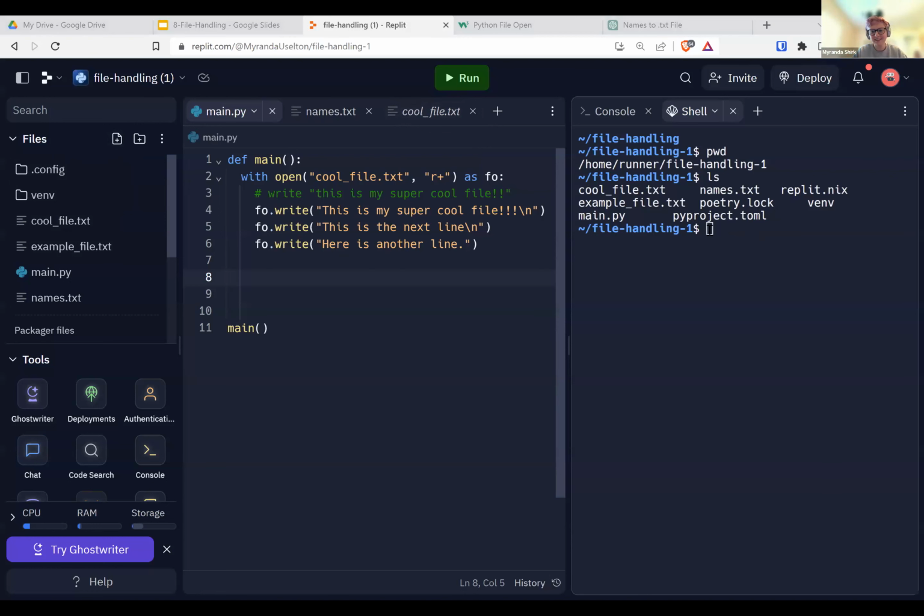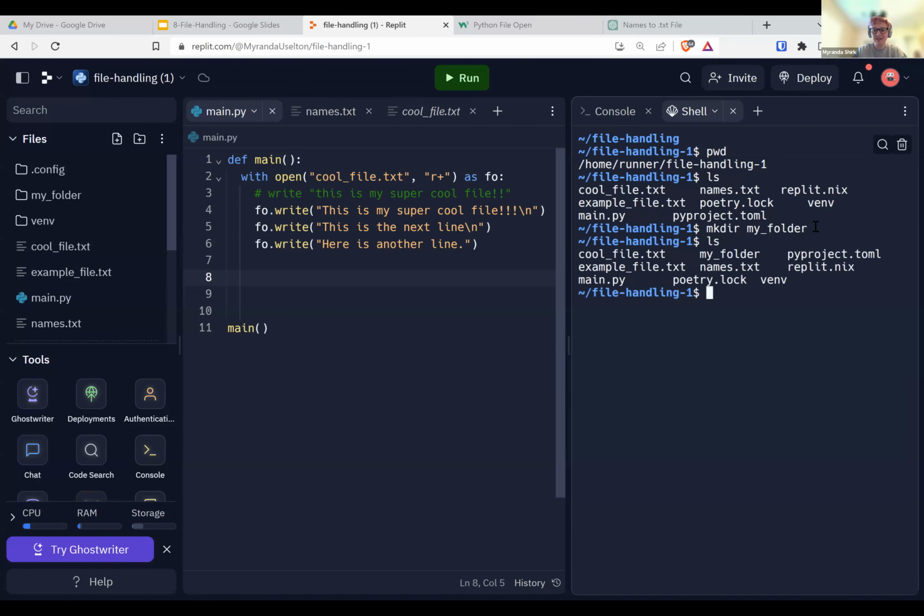Yes, make directory. Amazing. Thank you. Great job. So it's mkdir, make directory. And I'm going to say my_folder. All right. Now, if I do ls, if I do list, we can see my folder is right there.